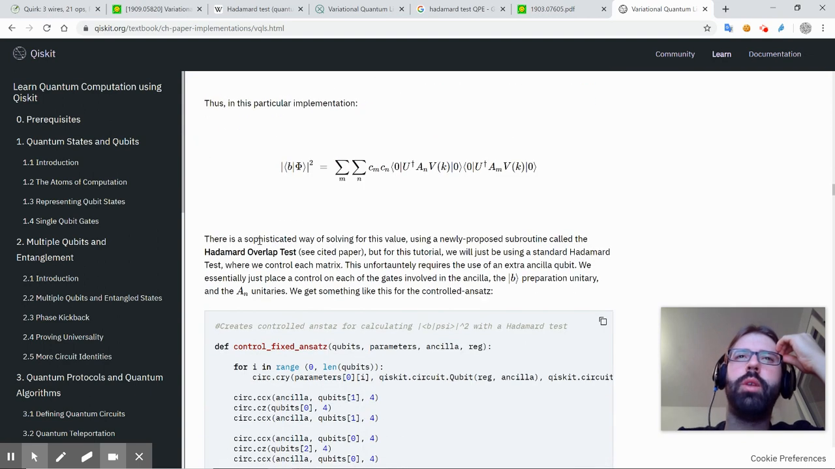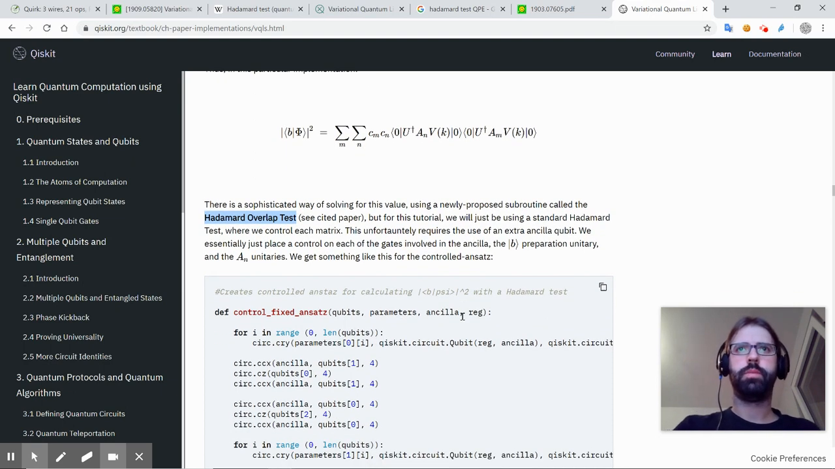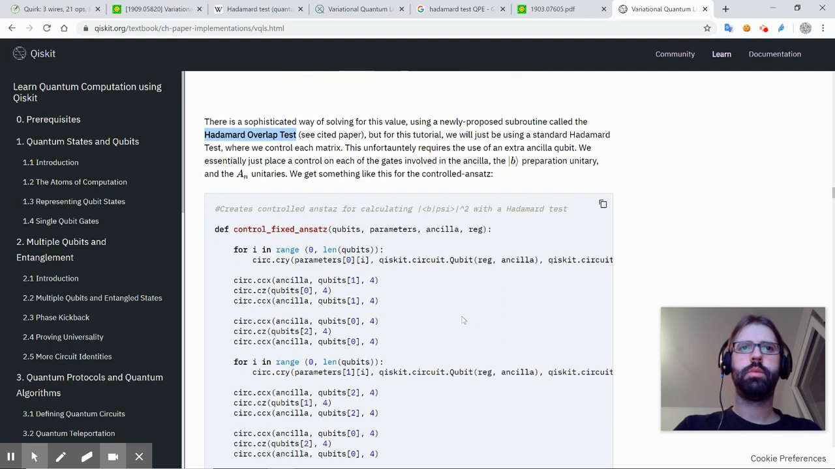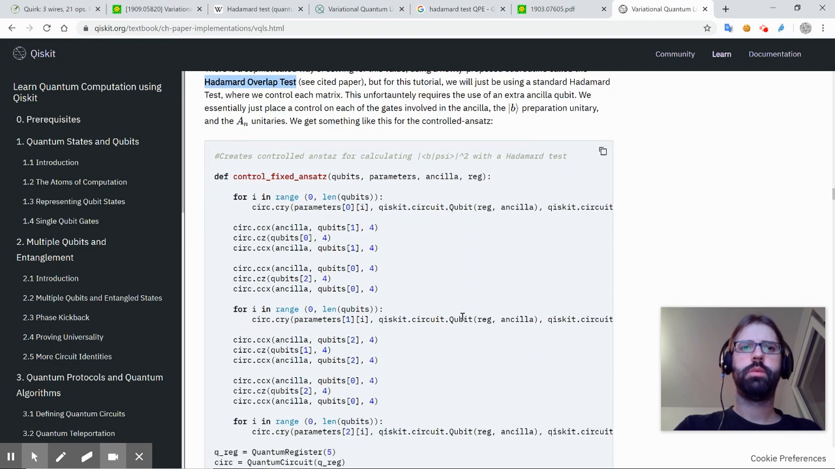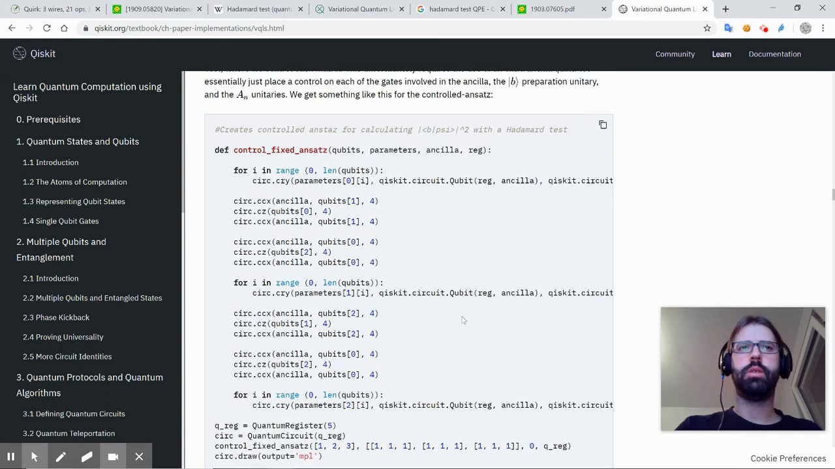There's a sophisticated way of solving this for this value using a newly proposed subroutine called the Hadamard overlap test. So this I definitely want to investigate as well, the Hadamard overlap test. But for this tutorial, we'll be using a standard Hadamard test where we control each matrix. But what matrices are we